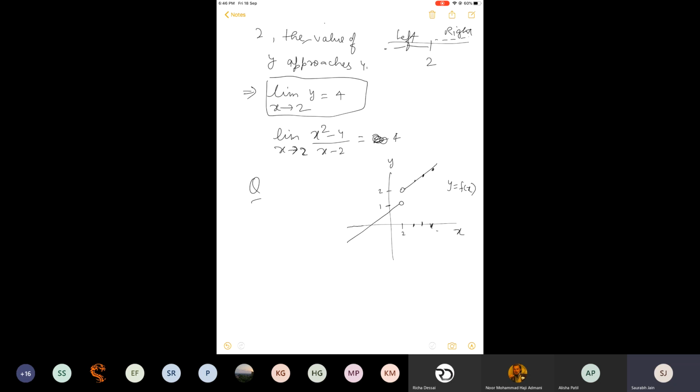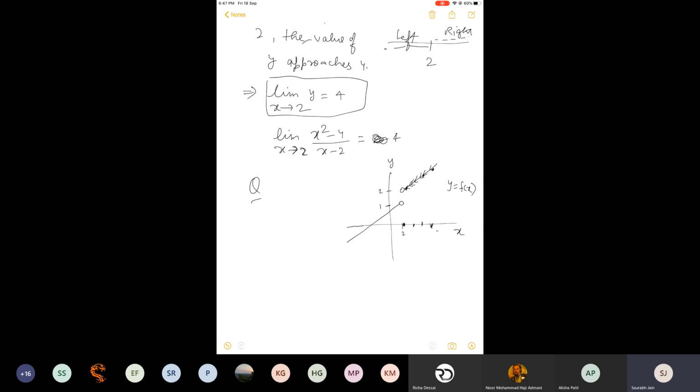As a result, I am moving on the graph. Constantly, as I can see, y will come down. There will come a moment when I will be just to the right of 2. Because of that, I can see that this height is constantly coming down and at some moment it will be here. So what I can say is that when I am moving towards x equal to 2 from the right side, the function is approaching the height 2. Secondly, at x equal to 2, the answer is not defined because these are open rings.